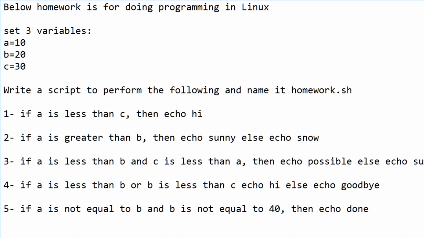So here we see we have three variables that need to be set, A, B, C, at 10, 20, and 30 respectively. Okay, so we're setting some variables and we're assigning a value to it. What I want you to do is write a script to perform the following, and you're going to name it homework.sh. First, if A is less than C, then echo hi. Second, if A is greater than B, then echo sunny, else echo snow. Third, if A is less than B and C is less than A, then echo possible, else echo sunny day,